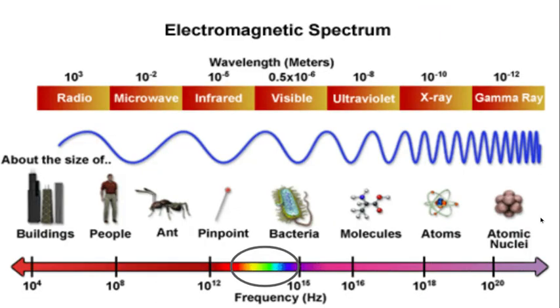The electromagnetic spectrum is a diagram that illustrates the range of electromagnetic waves in order of wavelength or frequency. Colors of light are all different wavelengths, red being the longest,